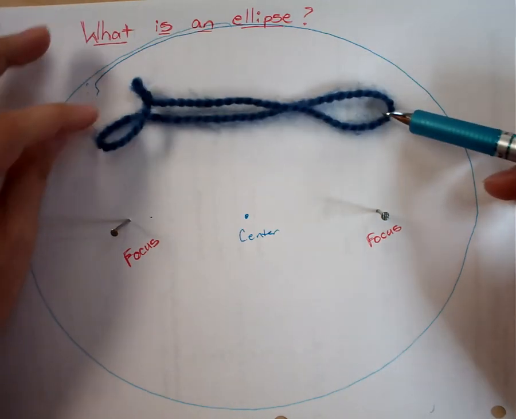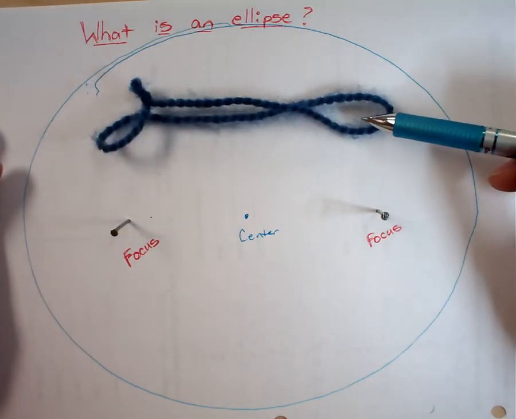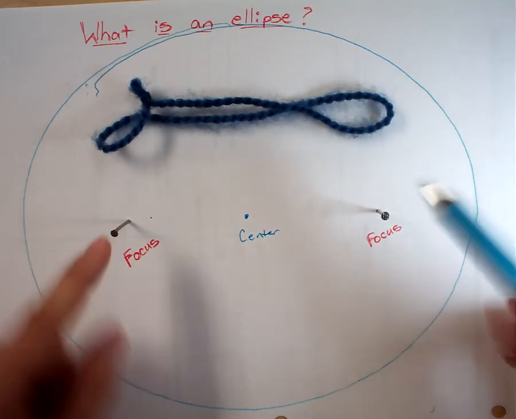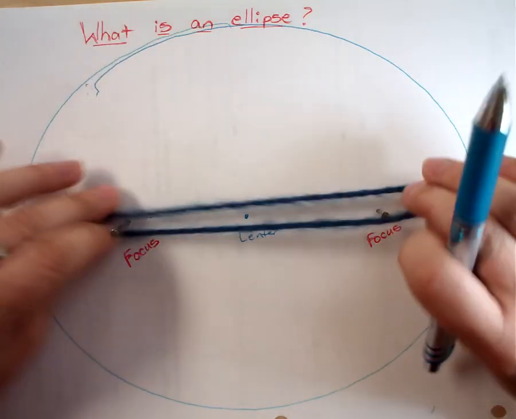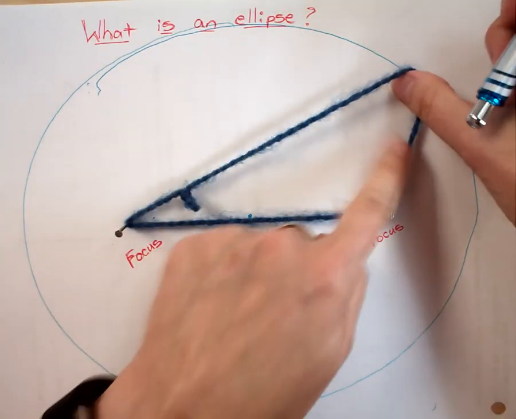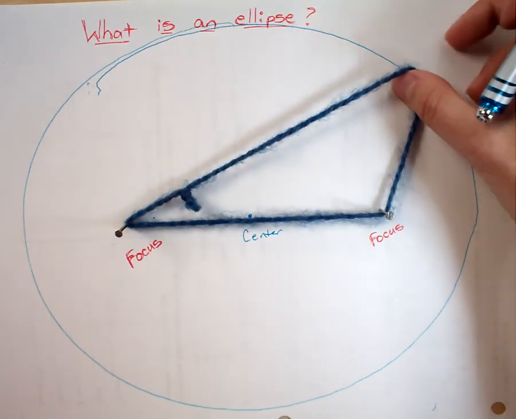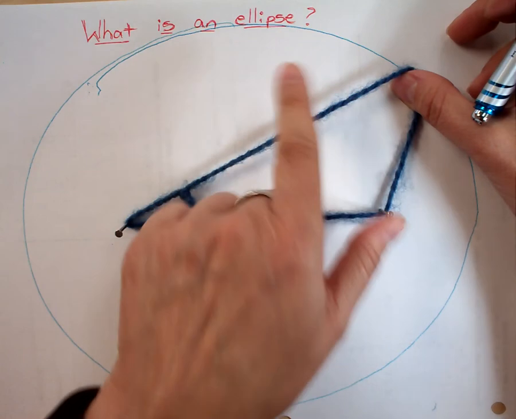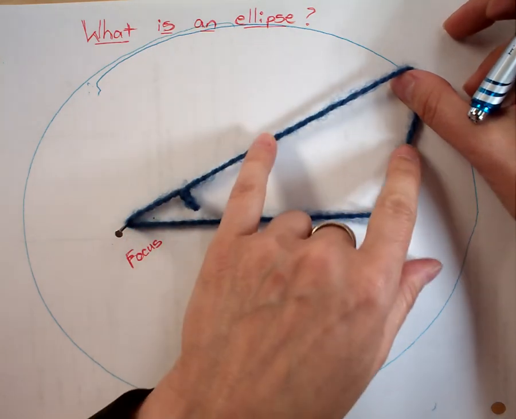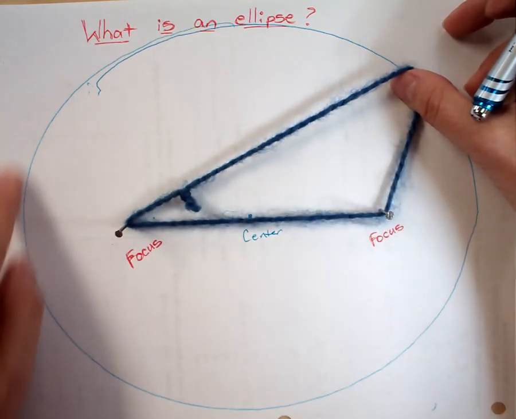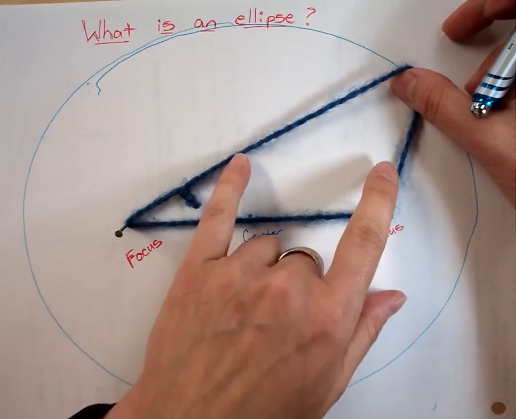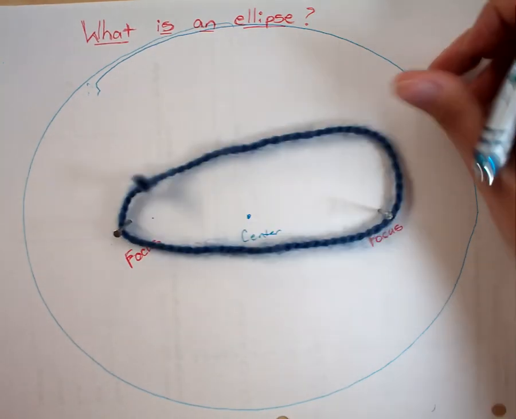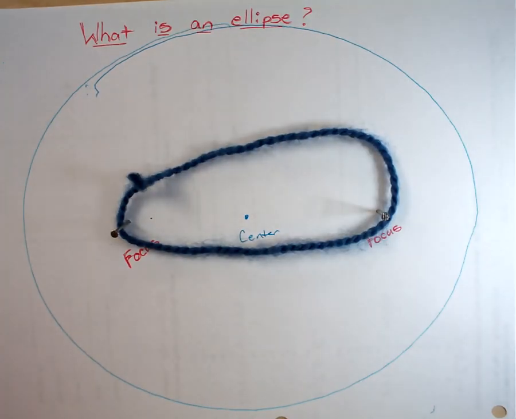It's more difficult to do a similar example for the hyperbola, because our hyperbola is going to say that the difference between these two distances is going to remain consistent throughout. So that's our big difference between an ellipse and a hyperbola: for the ellipse it's the sum, so it's easier to do this little path. For the hyperbola, it's going to be the difference. So just a quick little example of what exactly